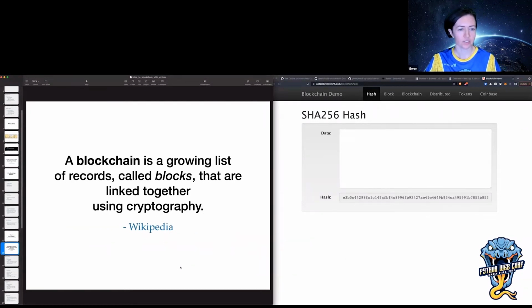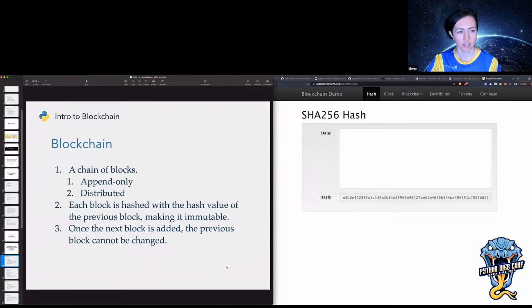So let's first define a blockchain. Wikipedia says it's a growing list of records called blocks, and they're linked together using cryptography. There are many different ways that people explain blockchain. They call it a reverse linked list, a distributed append-only ledger.